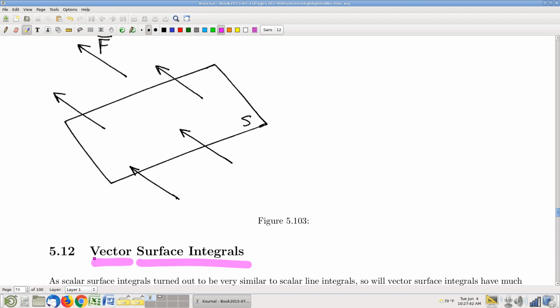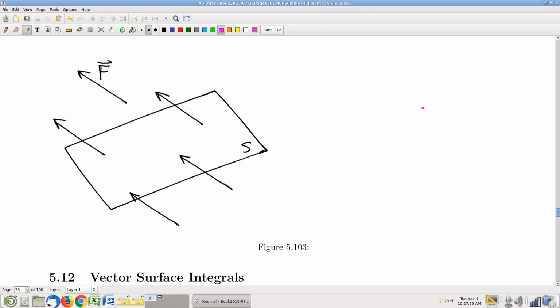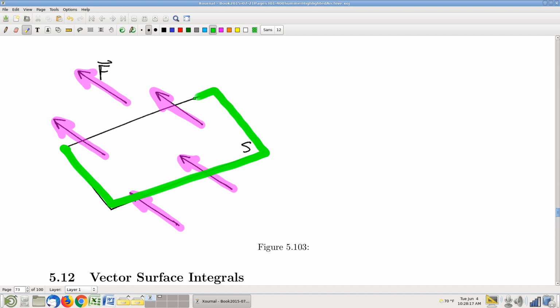So the first thing I have to do is talk about the physical quantity. It's kind of physicsy, but it's not that bad. The physical quantity we're going to talk about is something called flux. Flux says if you have a fluid flowing, and remember we represent flowing of fluids with vector fields. And so here's a fluid flowing. And then if you have a piece of surface, like that,